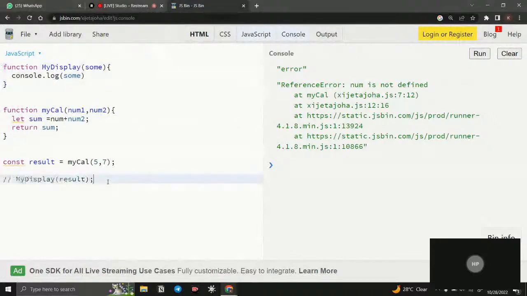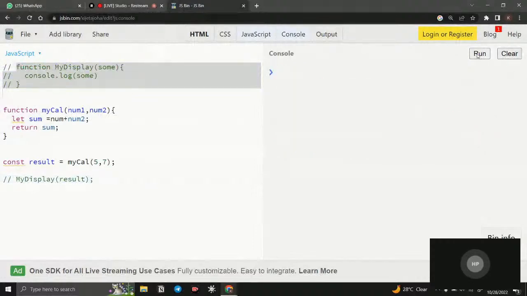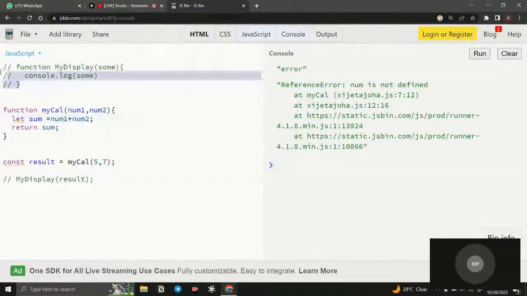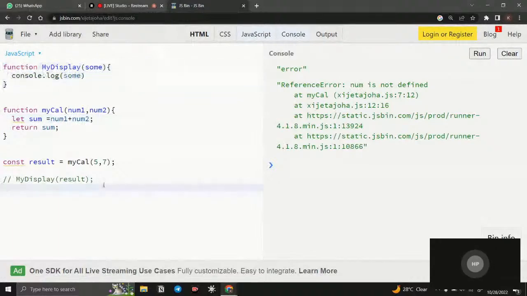So if I remove this one, okay, and I clear it, and if I run it, you can see num is not defined. Here we will get the error. And in a real case scenario, if this process is a time consuming process, it is an asynchronous call. For example, we are working with an API, and it needs to do some time-consuming work. So it takes some time, but JavaScript will wait for no one. As soon as it can, it is going to display the name. So in that case, even before we get the result, what is going to happen,